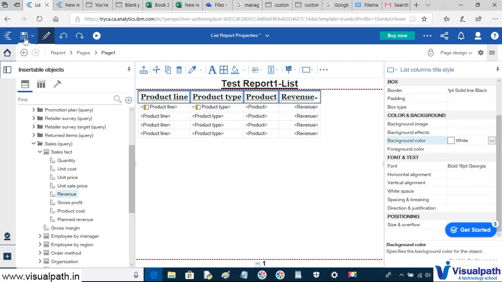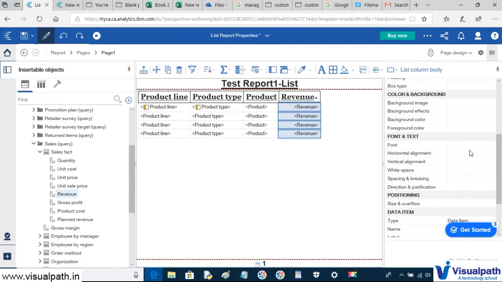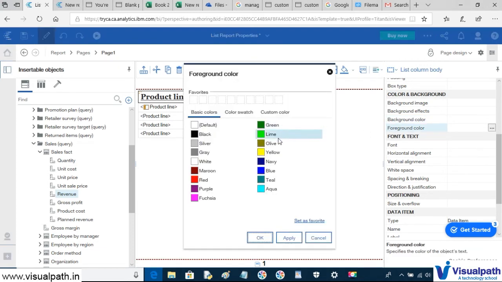Okay, so in this way we have done some basic changes. Now we want the font of the revenue in green color. So click on the revenue and make the foreground color green. Select the foreground color, click on green or lime. Click apply, click OK.